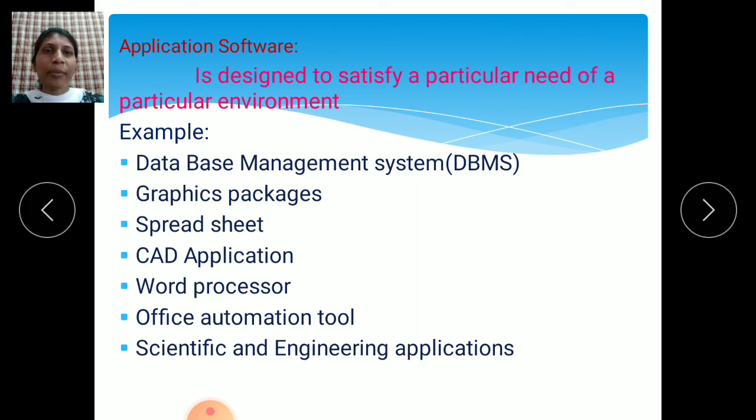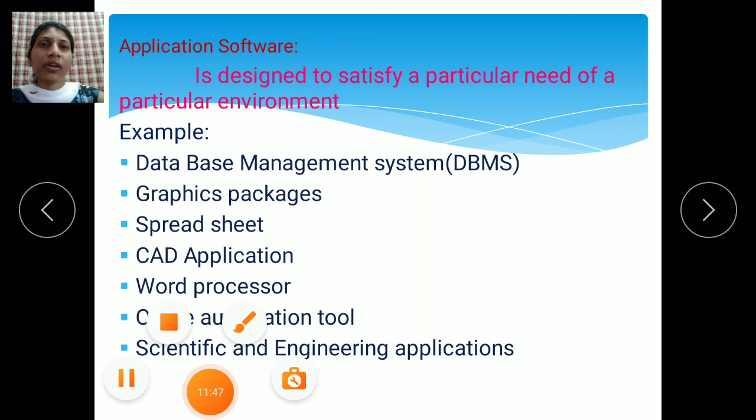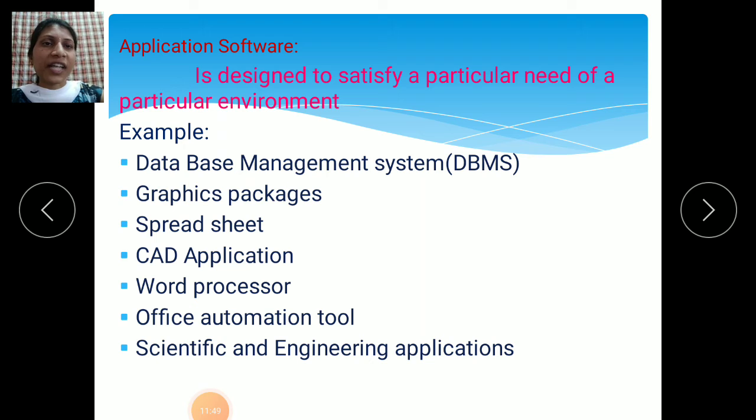Then the second one is application software. These are the applications of the C programming language: system software and application software. Application software means what? It is designed to satisfy a particular need of a particular environment.